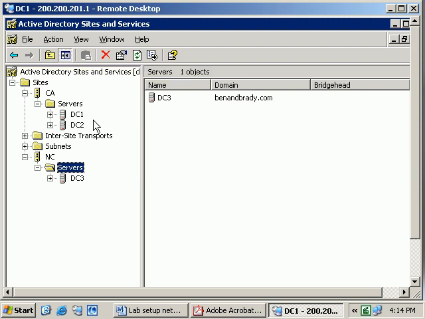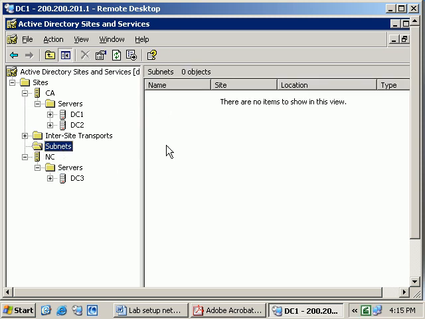Now, also remember, we've been calling it the 201 network and the 202 network. Active Directory is still not aware of that. We have to make it aware that there are actually 2 subnets. And if I were to go over here, see, this is where the subnets are listed. By default, just because you create 2 different networks physically, it does not create the objects for those subnets right here in Active Directory sites and services. So the next task is to actually create those subnet